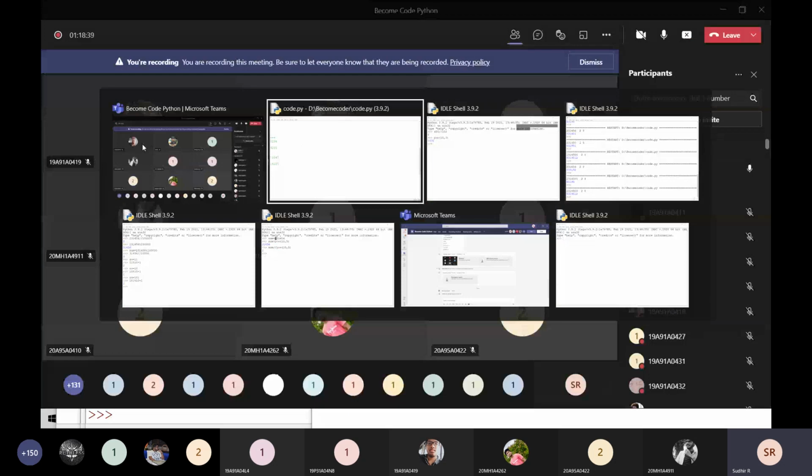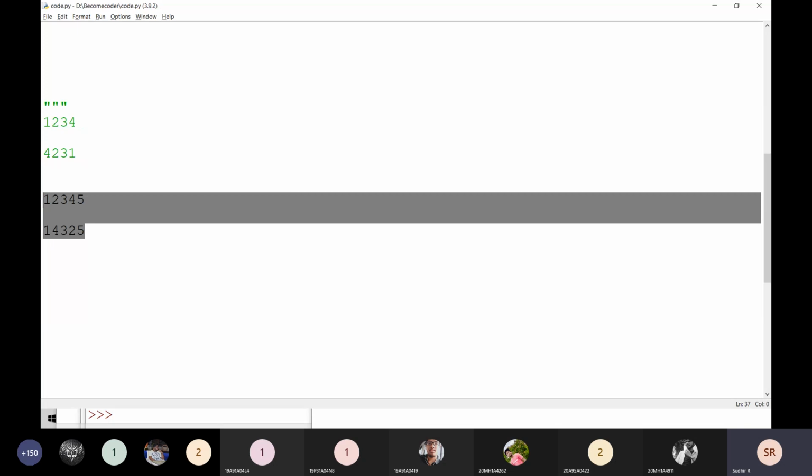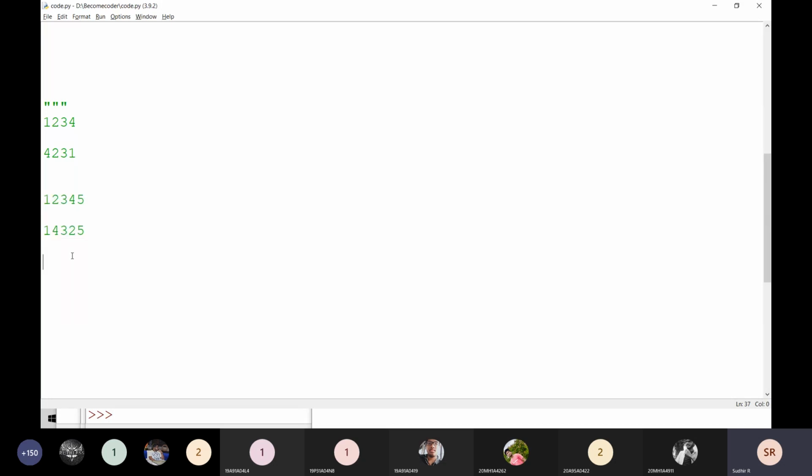Clear. There are two questions for tomorrow. Not big like this, they are very simple. Question 1: swap the first and last digits, the first digit as the last digit and the last digit as the first digit. Question 2: the first and last digits stay at the same positions, and the middle digits are reversed. That means for 2, 3, 4 it becomes 432. Clear?